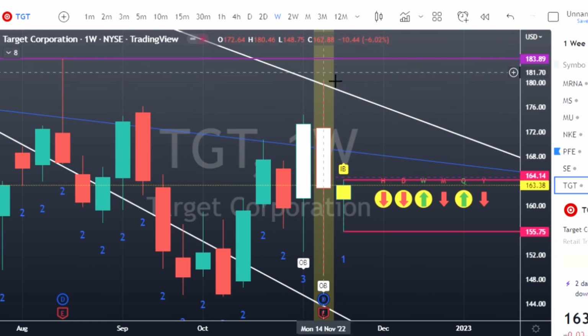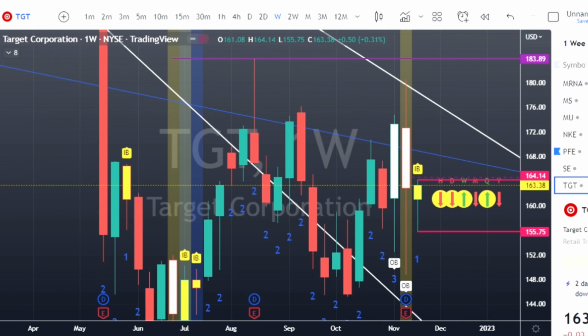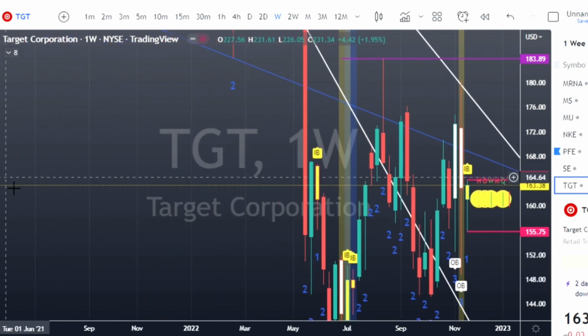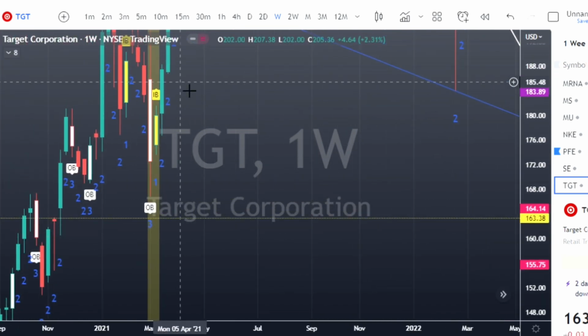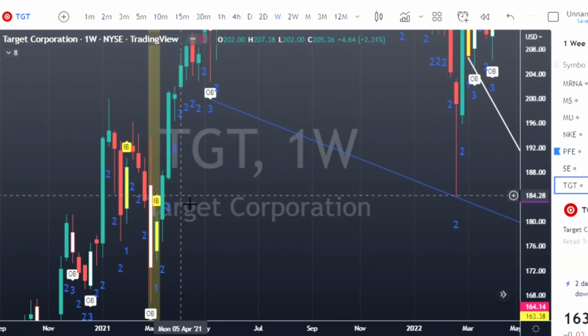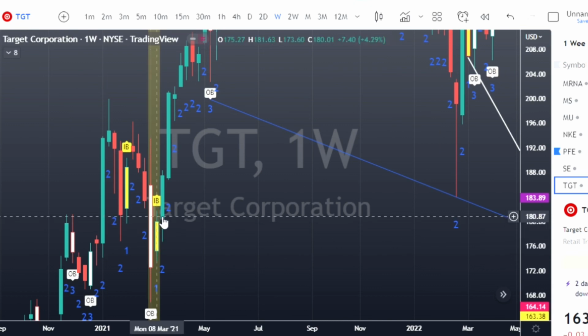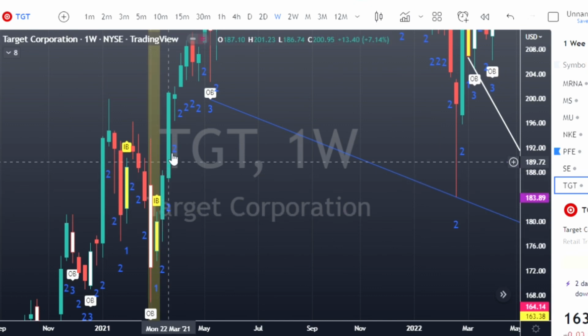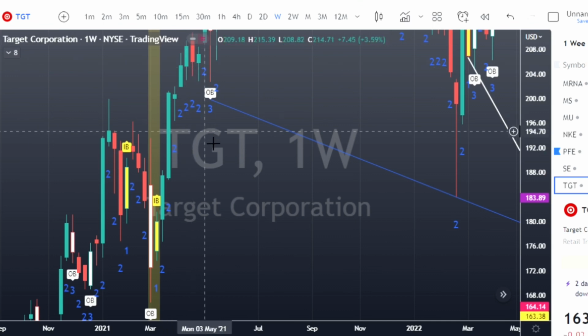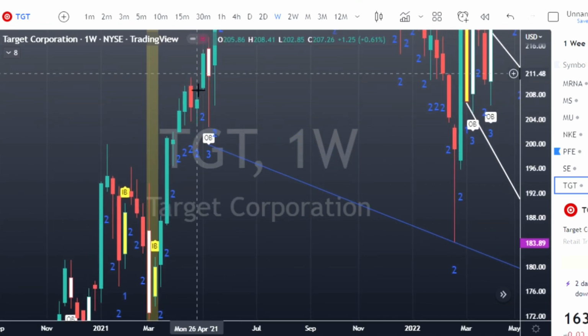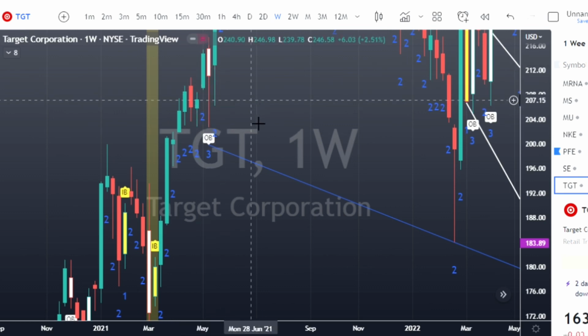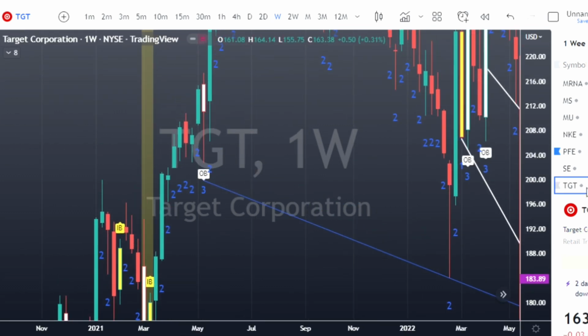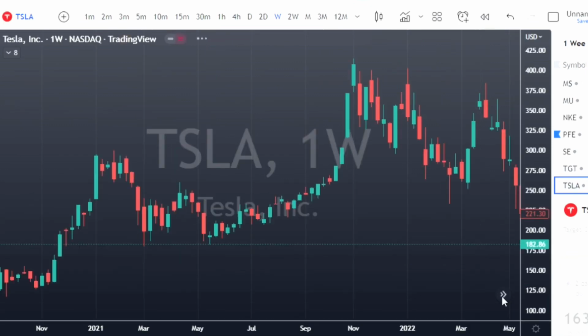That gold bar tells me there's a 3-1 setup, outside bar, inside bar setup. The last time we had one, we ended up going double inside bar. The one previous to that, let's find the last gold candles. There we go. Look at this. Okay, perfect example. Outside bar, inside bar. And in 1 week, we triggered and targeted. 2 weeks, 3 weeks, 4 weeks, 5 weeks, 6 straight weeks. Then we have, I guess you can call that a TTO, and then we're back up again. Okay, really good setup on target for next week.